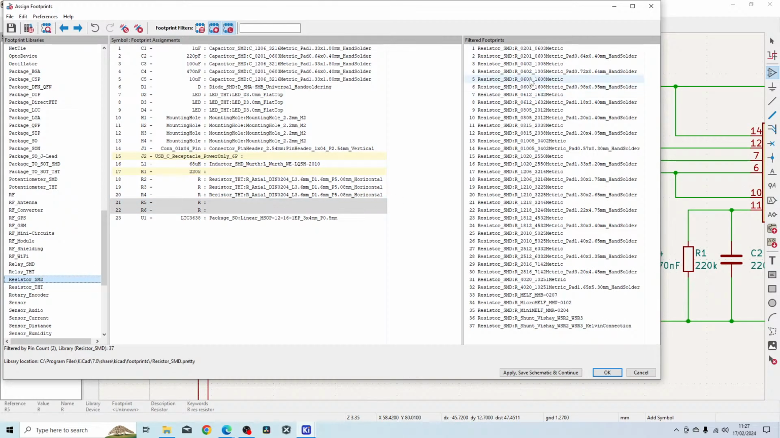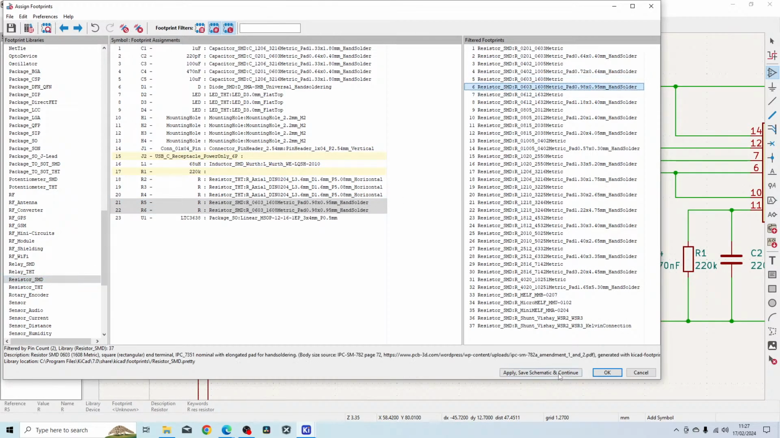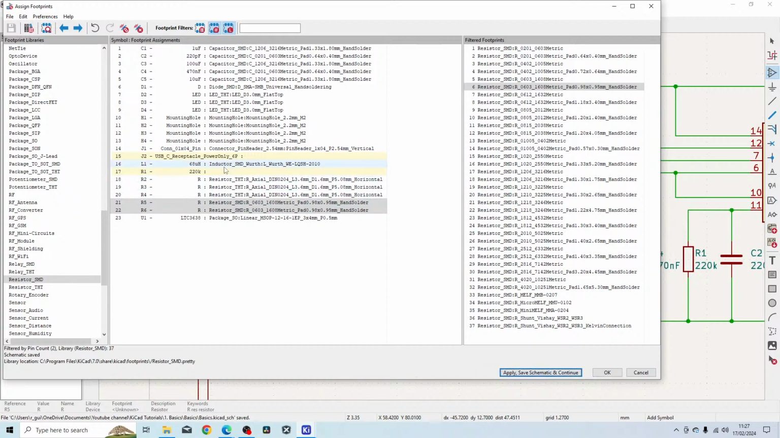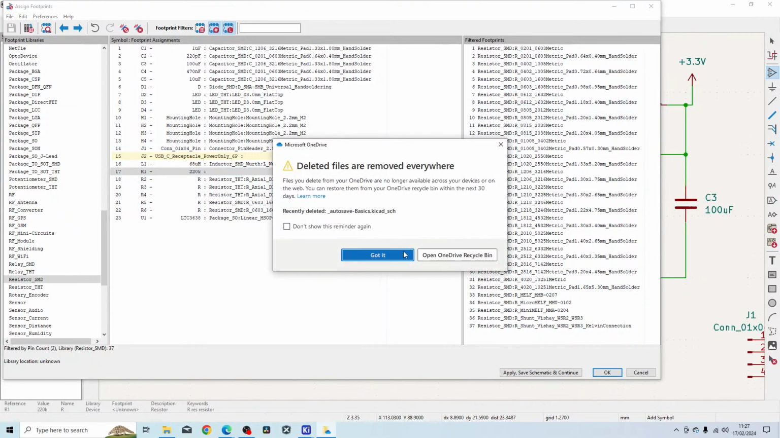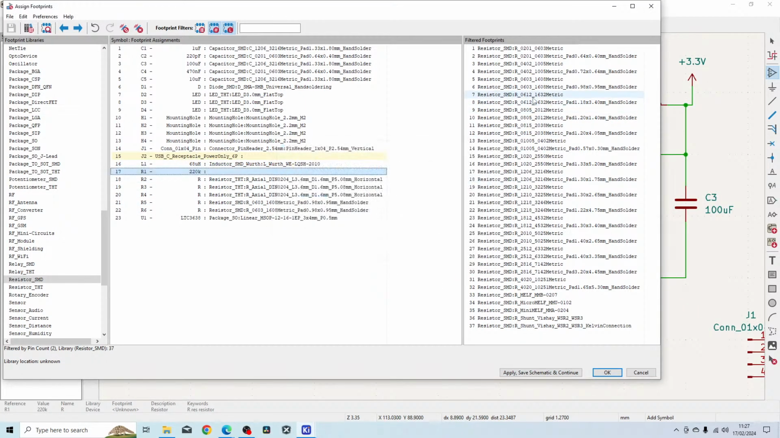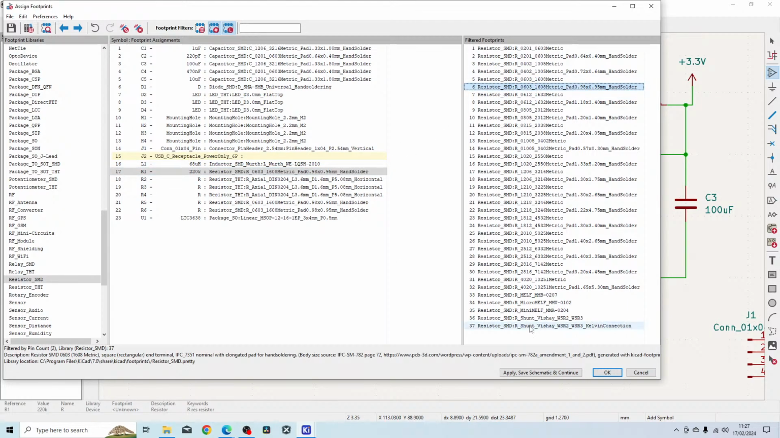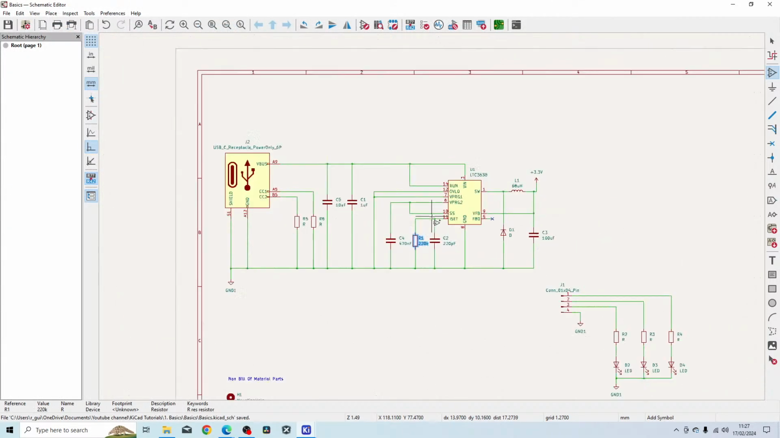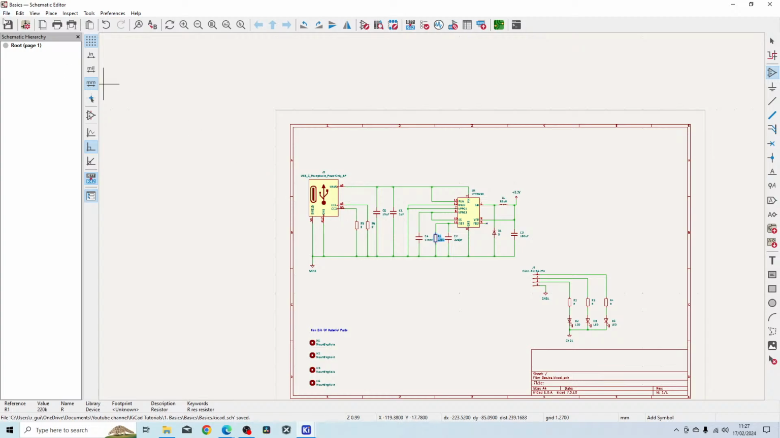SMD and 0603 hand solder. Apply. Oh, I missed one. 0603. So we basically got all our components. So let's transfer this over to the